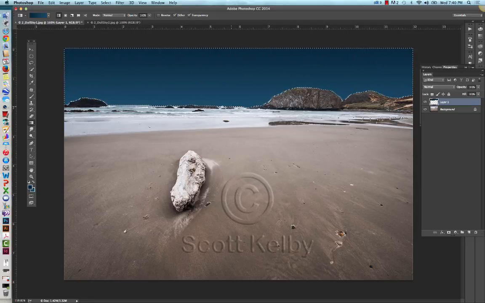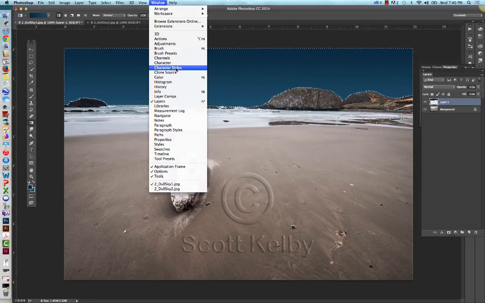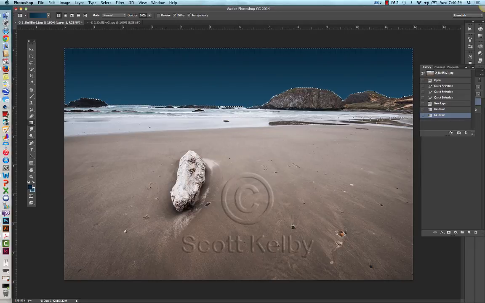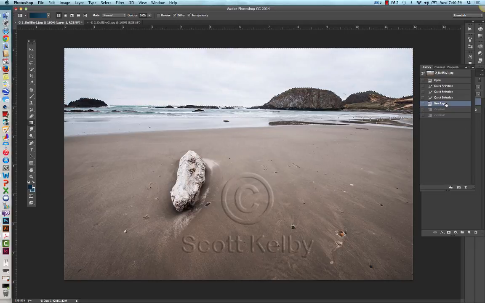In fact, I think I'm going to come up to my history panel just to make sure that I didn't apply a gradient over that gray gradient that I had initially. I'm going to bring up my history panel, and I am going to click back here where I added the new layer. And then I am going to again do the gradient fill, so I make sure that I've got the appropriate gradient in